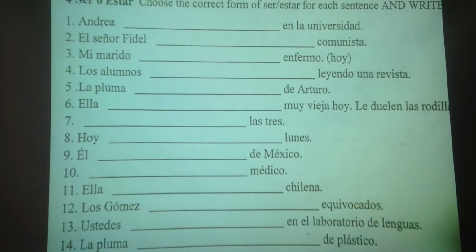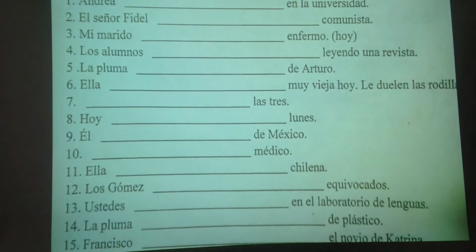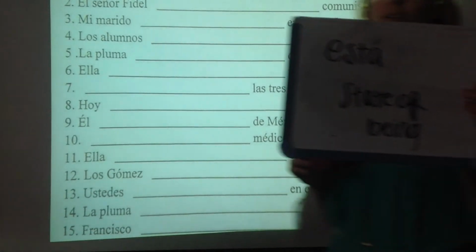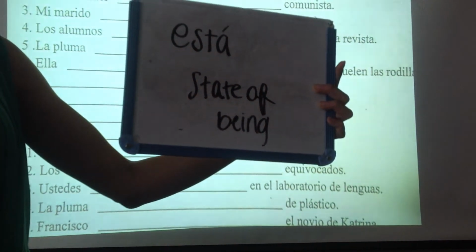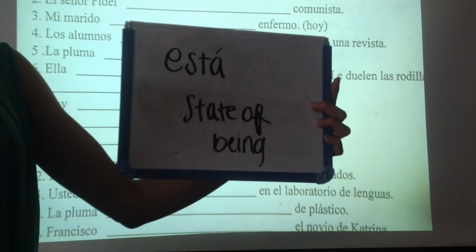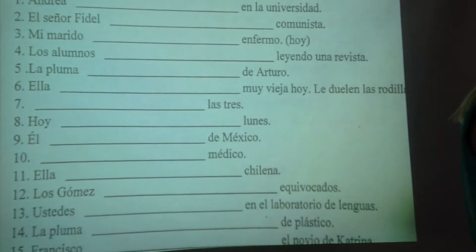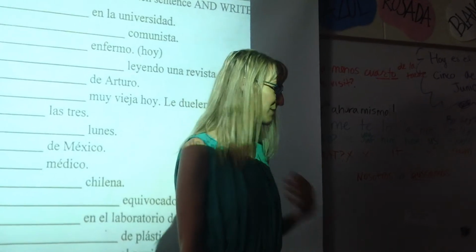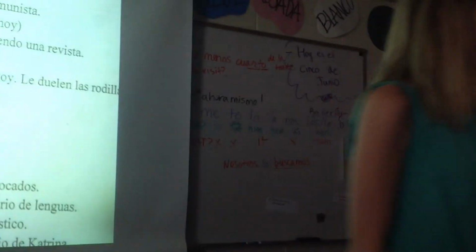Muy bien. Okay. So, ella está muy vieja hoy. What is the word that gives this one away? Hoy. So this is like, okay, I am not an old person. I love Spanish culture. I'm not old till you're really, really old. Okay? I'm still young. But